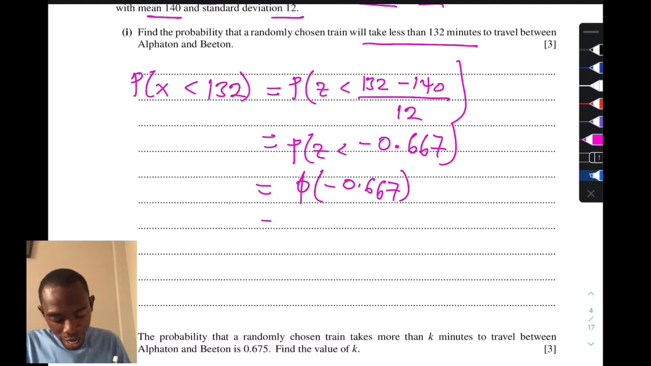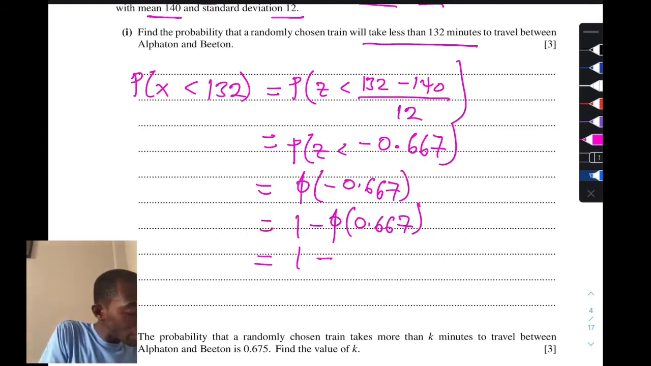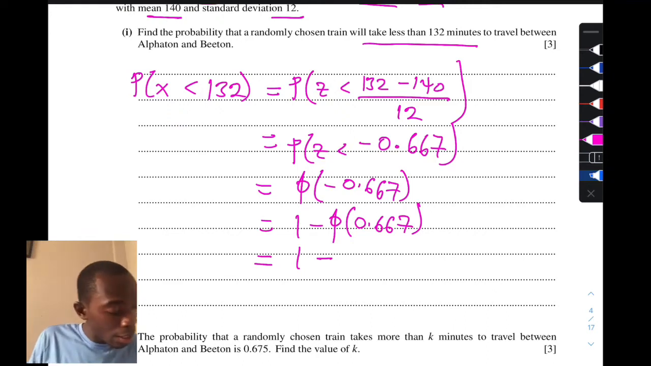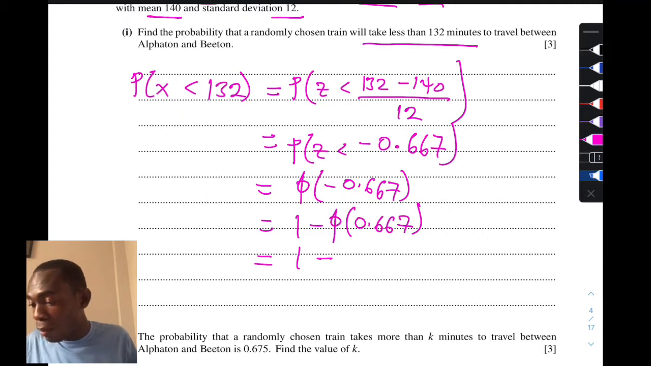Great. So you have phi of negative 0.667. And the phi of a negative value means 1 minus phi of the positive value. Therefore, we have 1 minus something. So we go to our Z table and then we read 0.6. I have 0.6 here, and that means I have 0.7454. Then I add 7 to it, so I go to the add section, I look for 7, and 7 is 23. So plus 23,